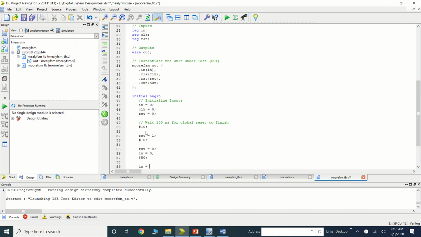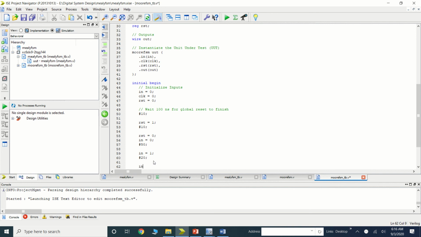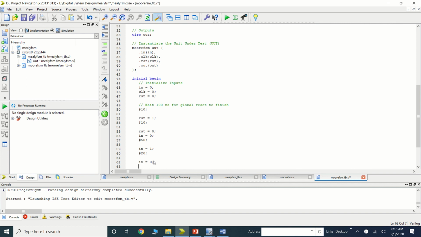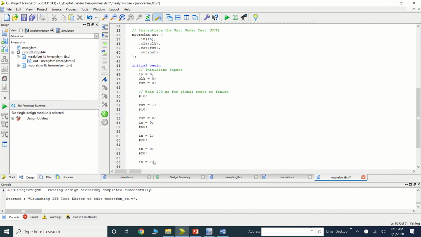Then let's say the input equal to 1. Let's apply for 20, then the 0, then input 1, 20.